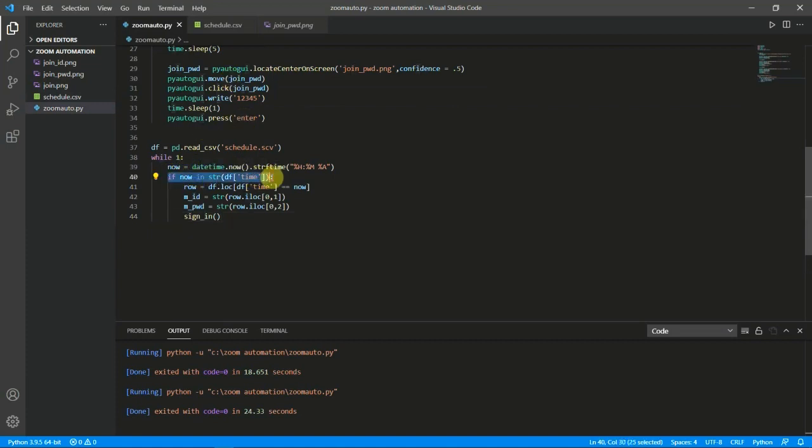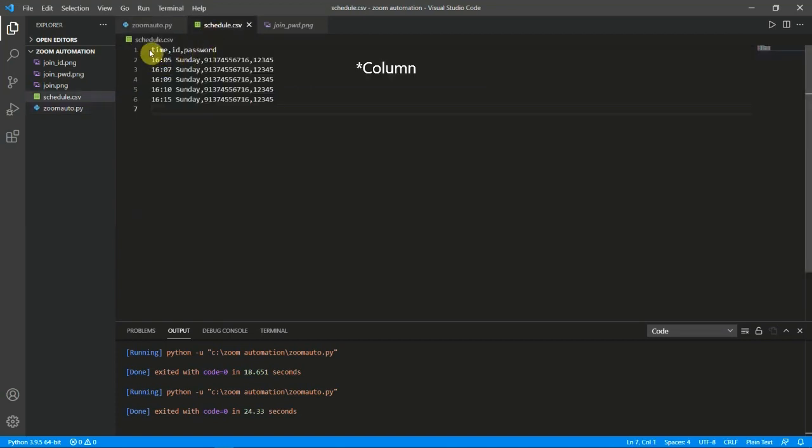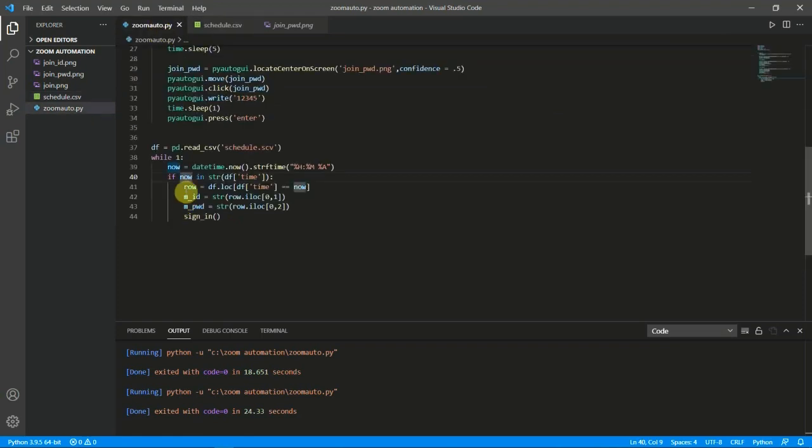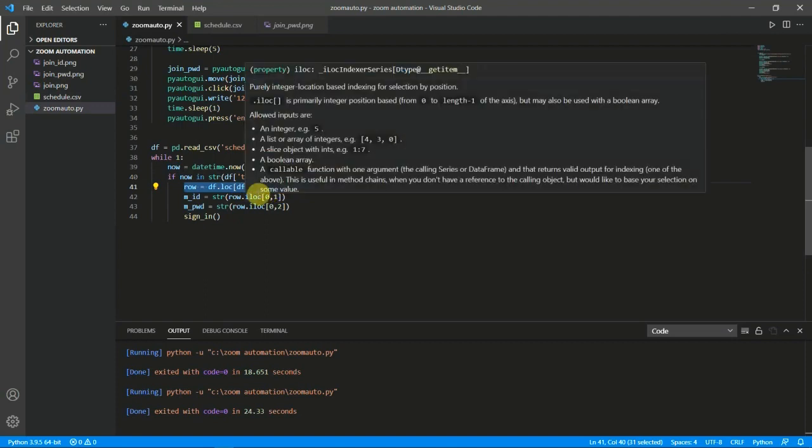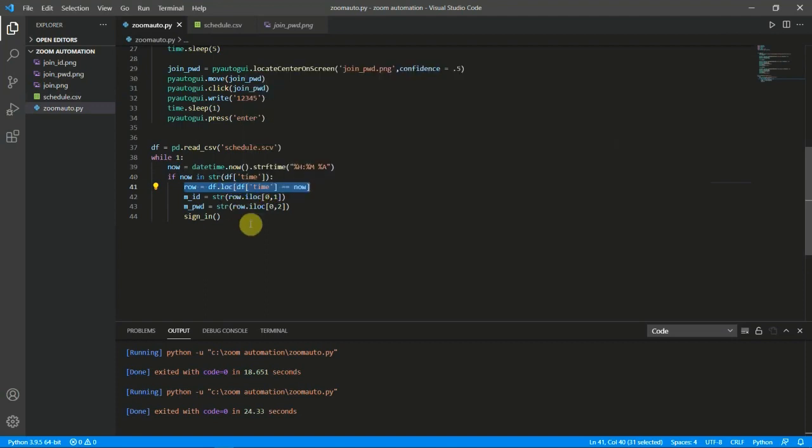In this if condition we check whether the current date and time is in this row or in this column. If the current date time is in this column, then it will come inside this if loop, and we will take the row out from that same date.